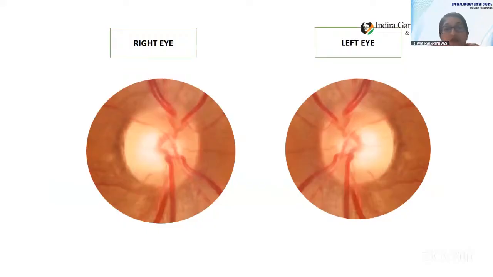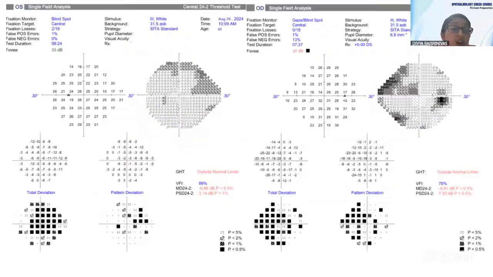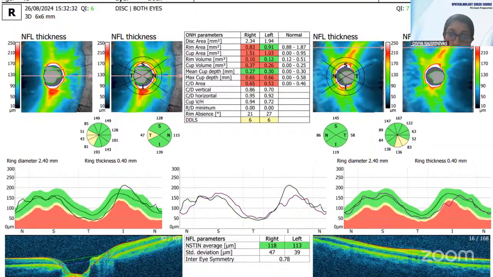So if you look at the fundus, you can clearly appreciate that it's a pretty normal fundus, which shows 0.6:1 cupping and almost healthy NRR. But when we did a visual field analysis, we can see certain changes in both the fields, like changes in the superior quadrant as well as in the inferior quadrant in the right eye. So even on OCT, you can clearly appreciate there's a borderline change in the infratemporal region in both the